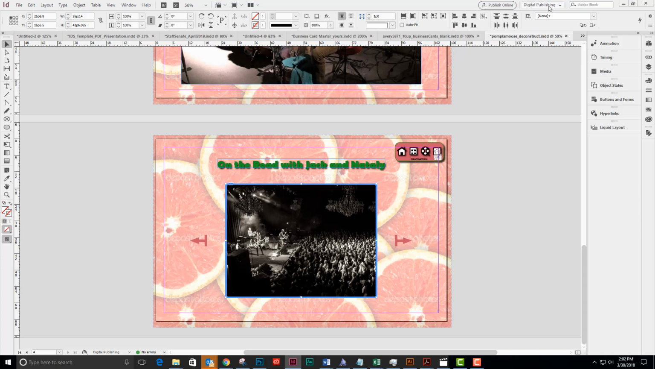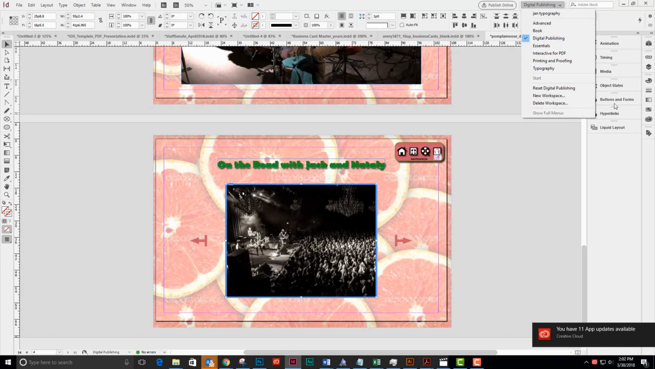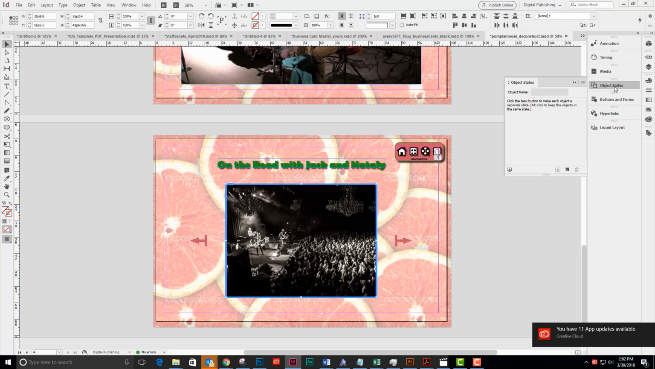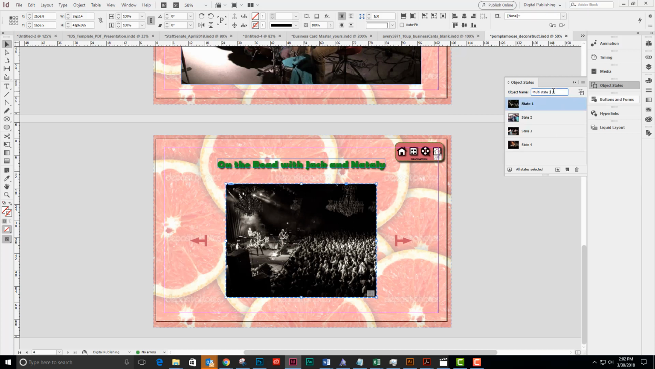Okay, so now all of my objects are lined up. And I'm going to go over to my workspace picker and make sure that I'm in my digital publishing panel, and then I'm going to come over to my object states. Since I have assets already selected, I can click on create selection to multi-state object, and then I'm going to name my multi-state object